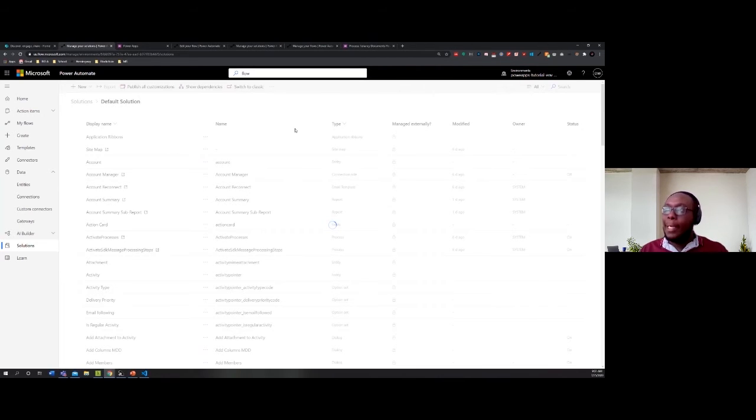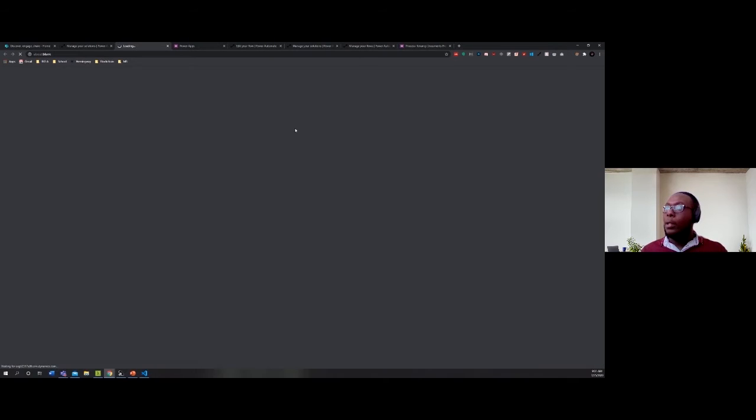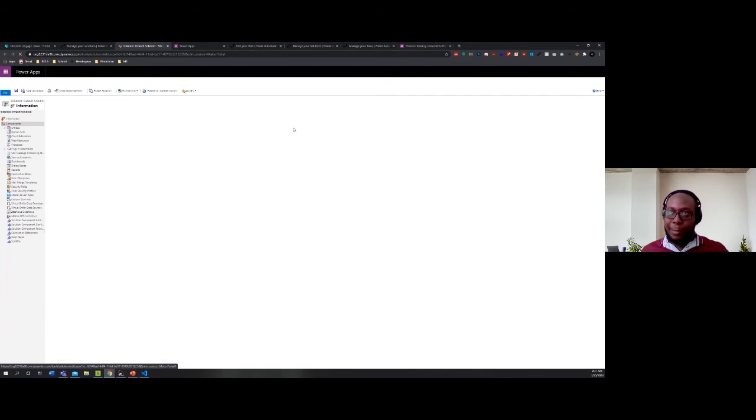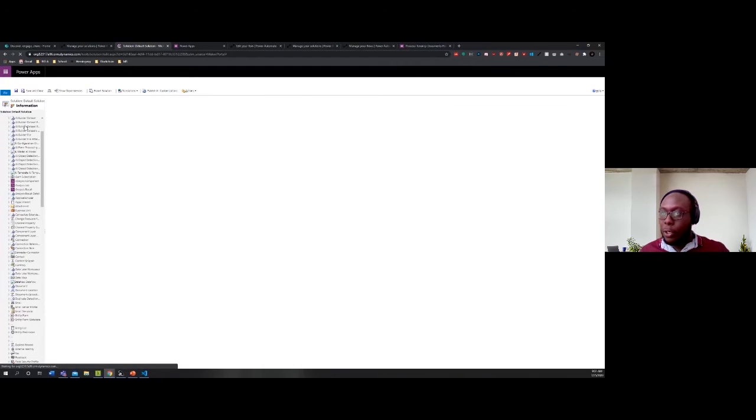In the next view that we're going to see, it's going to be similar to what we saw earlier. We're going to expand the entities and then go to our entity. In the basic tab, we're going to select the business process flow and activate it, then save and publish like we did before. So we have our pop-up open, and I'm just going to perform those steps very fast. So entities, I'll expand that, scroll,